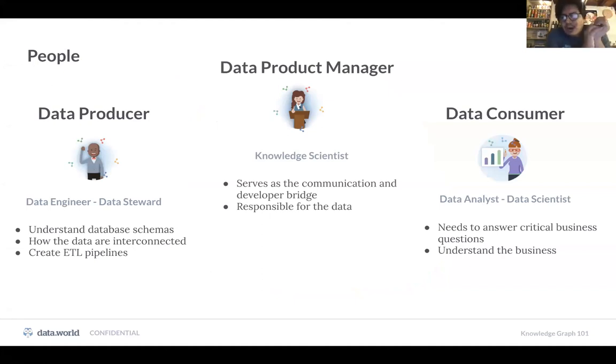This team is the one who is actually going to be responsible for the data. They're going to serve as this communication bridge between the consumers of data and the producers of data. If you think about it, like software, we know how to build software. We know how to build a team. If I'm going to build a team, I need the software engineers. I need people who do QA and testing. I need a product manager. And the product manager is a person in that role who communicates the requirements and translates them to the software engineers. Part of that work that we do is this role that I call the knowledge scientist.